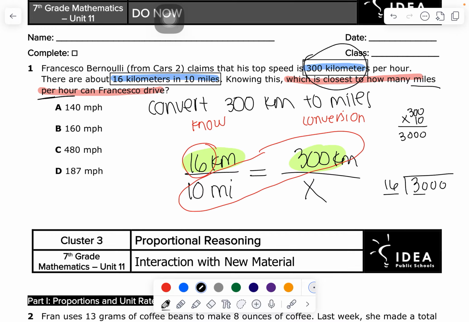16 in 30 fits only once. Minus 16, you're going to be left with 14. Bring down a 0. 16 in 140. Let's do 8. 16 times 8 is 128. So that works. This is going to be 12. Then bring down the 0. 16 in 120. I'll do